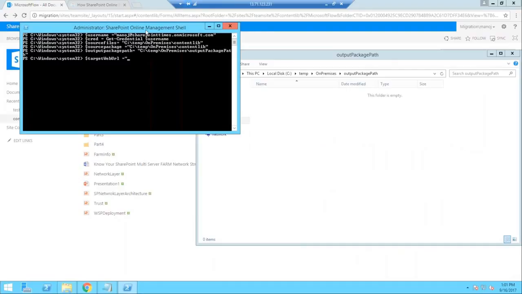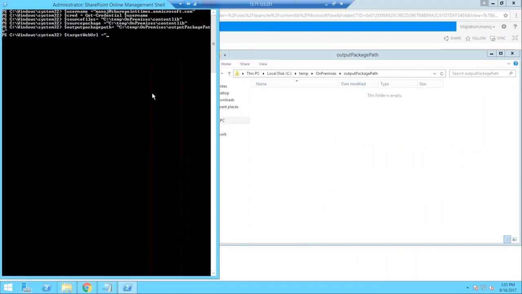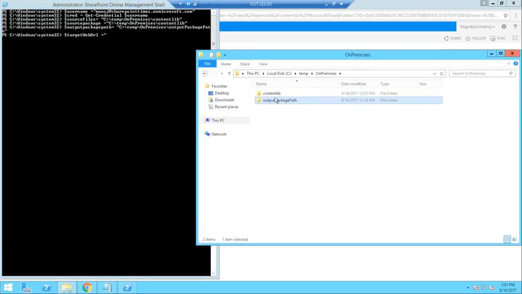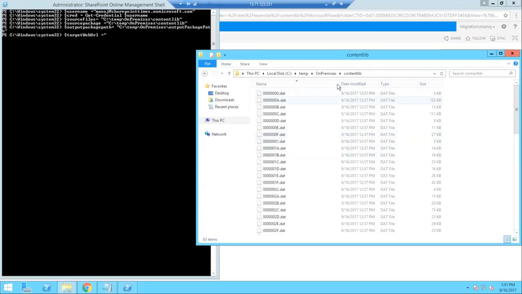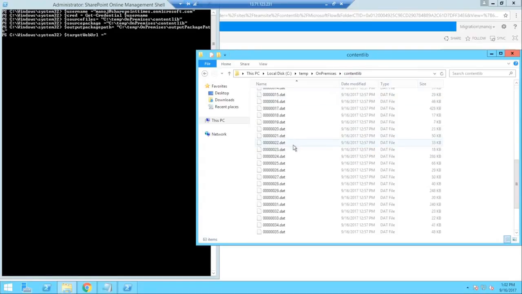Is it fine now? So Manoj, the source package, what is it supposed to do? Is it the path of the folder where the XML is? See, the source package, what is the package for me? I'll go back again to the content lib. This folder has the file and the package. If you see the .dat file, this has all the content in a logical relationship format. And this is the XML file. This is the package for us.